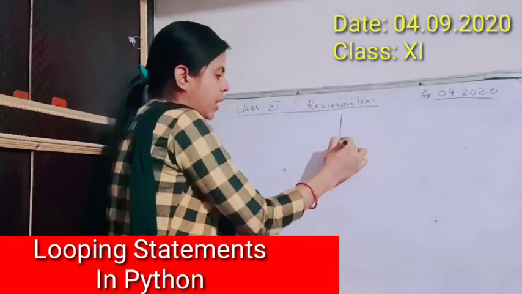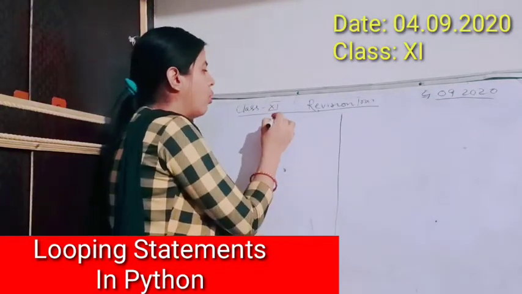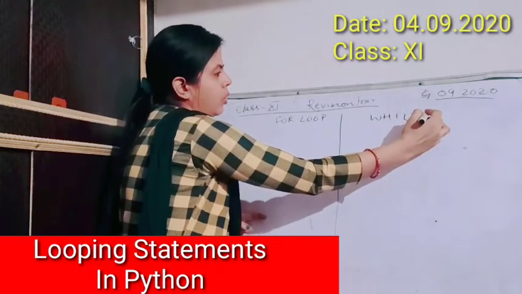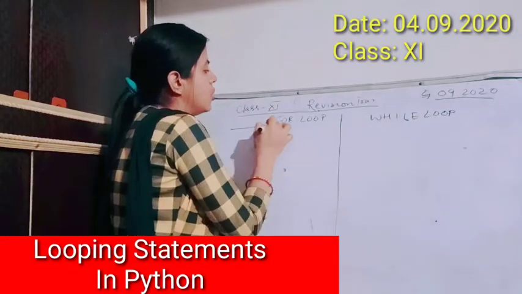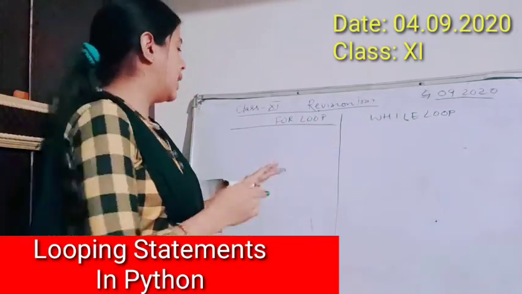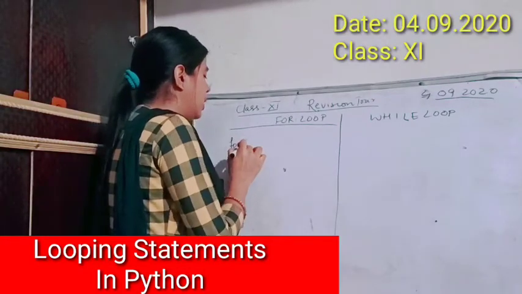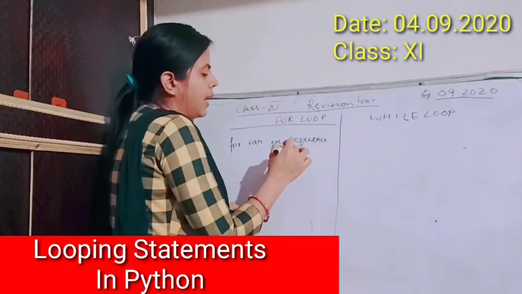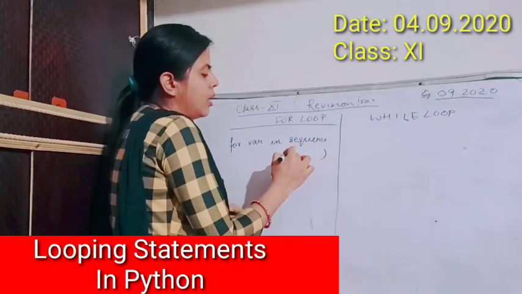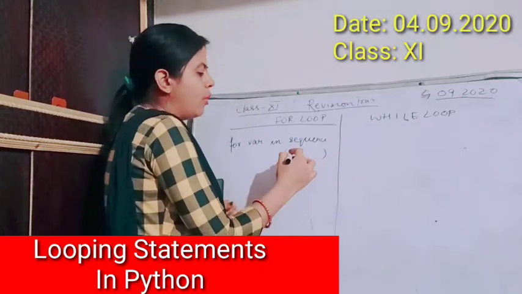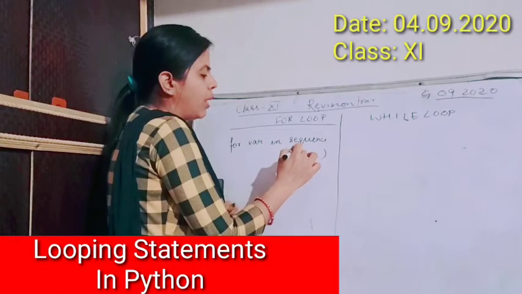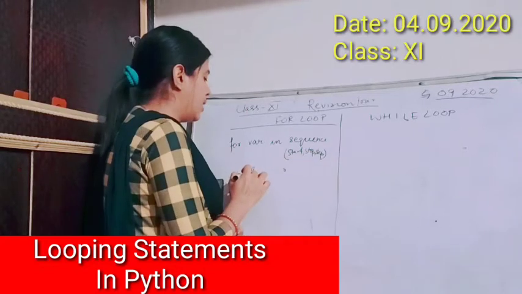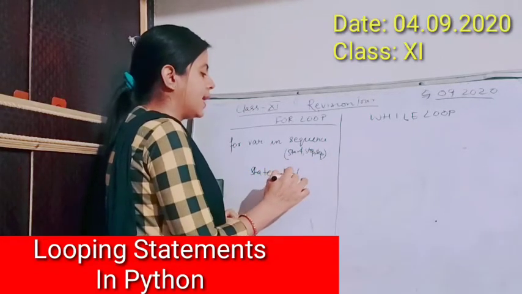Now let us make a column here. I'll write the syntax of both for loop and while loop. For loop, while loop, right? So in for loop, the syntax starts with for and then the variable in sequence, and in brackets you have to write the particular number range, where the start value starts and the stop value: start, stop and step value. Then a colon sign, and then you have to write a set of statements which you want to execute